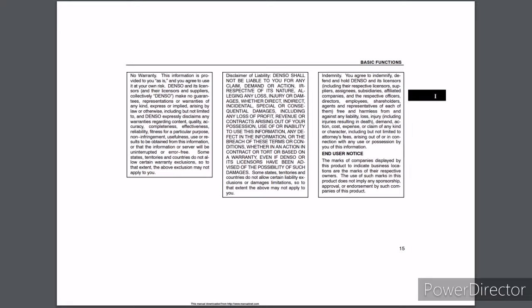No warranty. This information is provided to you as is, and you agree to use it at your own risk. Denso and its licensors and their licensors and suppliers, collectively Denso, make no guarantees, representations or warranties of any kind,